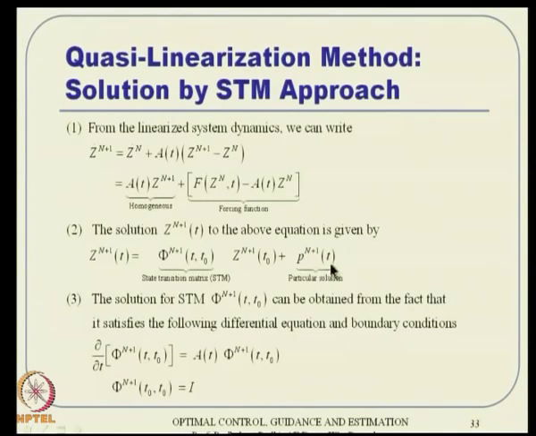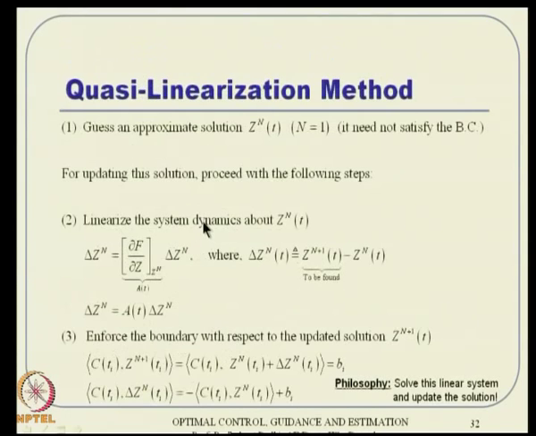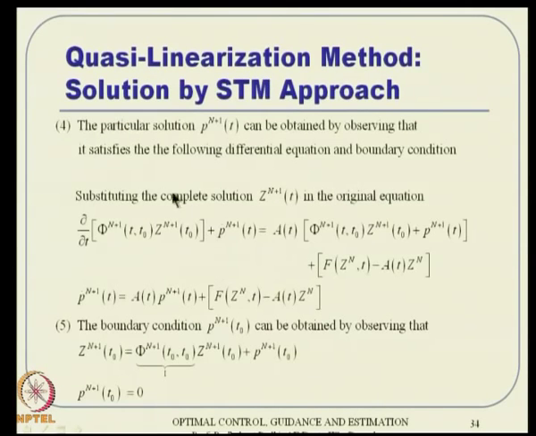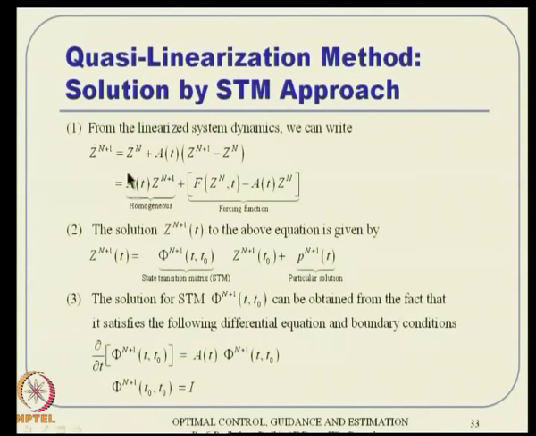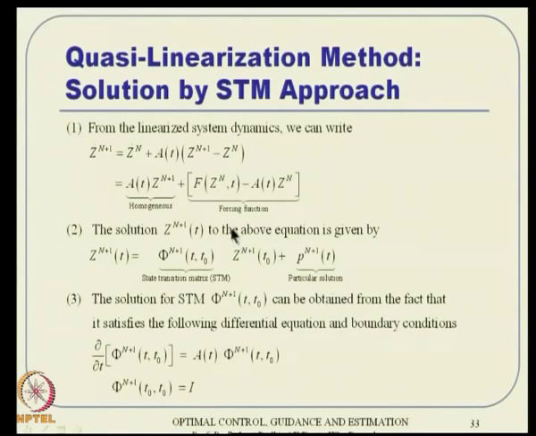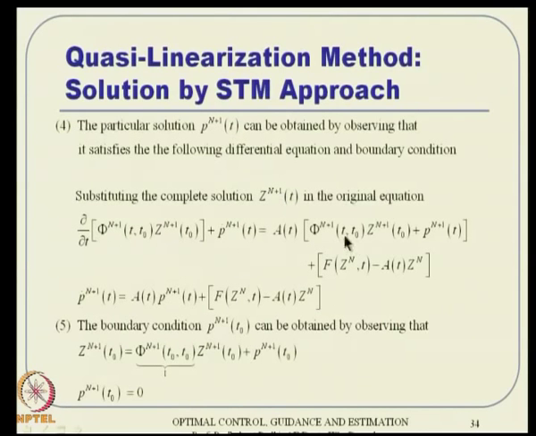For getting the particular solution, you take the entire solution, the full solution, and substitute it back in the original differential equation. Okay. And if you do that, this is what you get. This is the z dot. Z dot is nothing but z n plus 1 dot, and that is nothing but this kind of thing actually. If you see this, z n plus 1 dot is nothing but whatever comes out from here, and remember this is a number, this is not a function, but this is a function and this is also a function. So, using that I will be able to write the left side of the thing, and the right side is anyway there, this one plus this one. Okay. So, I am writing that.